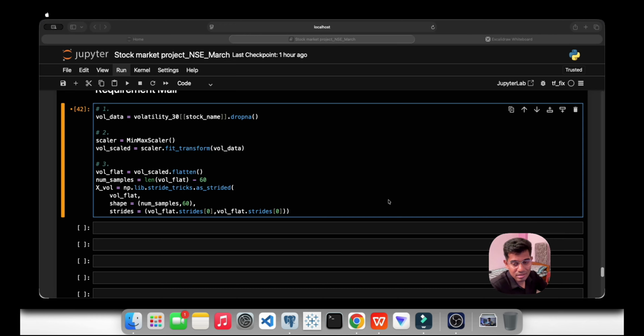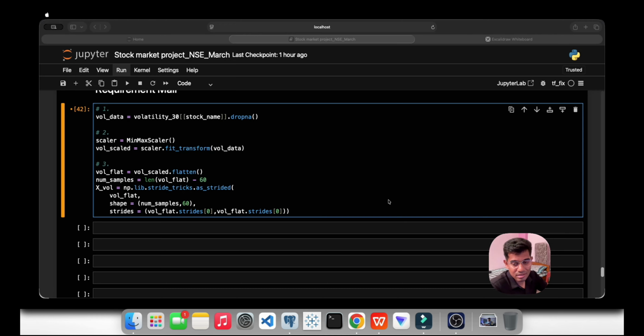Then the GRU will also be 0.2 because they have told 20%. I hope you are getting what it is all about. Then dropout again for 0.2, and then we will go for dense of 1.